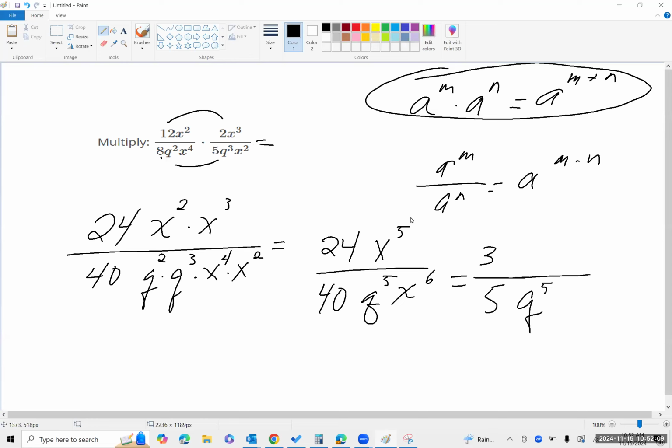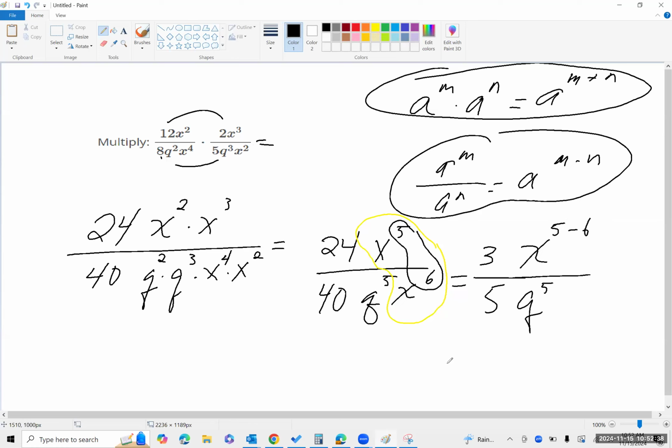But it's these two that I need to work with. So the way I'm going to write them out is x to the 5th, well, I'm going to subtract the exponent. So x to the 5 minus 6, because I'm using this rule. And so my final answer is 3x